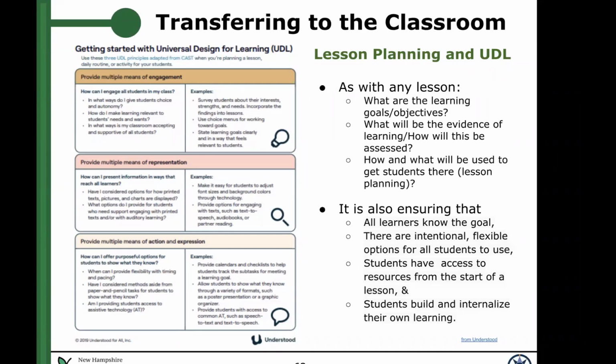What do we have in place for them to be able to ensure that they're getting to where they need to be as well? And what sort of resources are they going to be using, and what are they going to be tapping into in their own learning, and what sort of connections are they making to make sure that that learning that they're getting is internalized and being able to use to expand their knowledge.